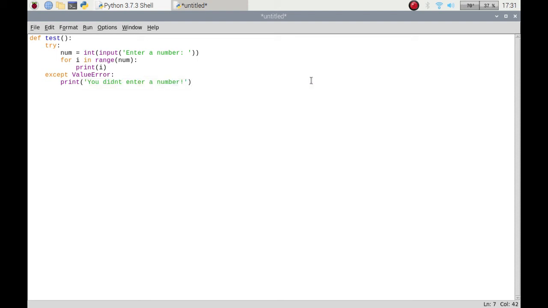So there we go. It's printed to screen if it is not a whole number that I enter. And what do we want to do? We can either leave it and it'll jump out of that function, or if you really want to receive a number or as part of it,